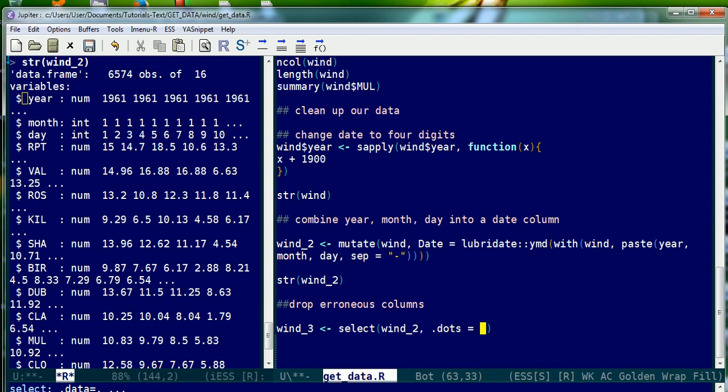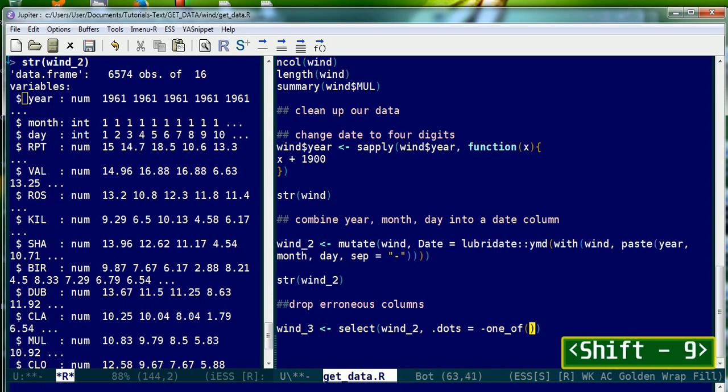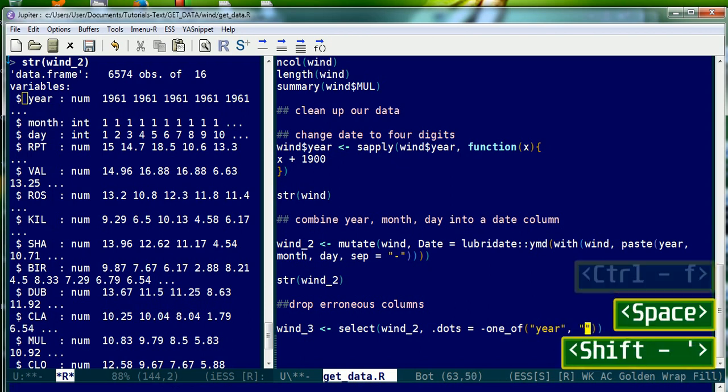What you can also do is you can give it a negative operator and refer to columns that it will drop, and we're going to do that. So we'll use this one_of, and we're going to drop these columns that are in here, and those are going to be year,